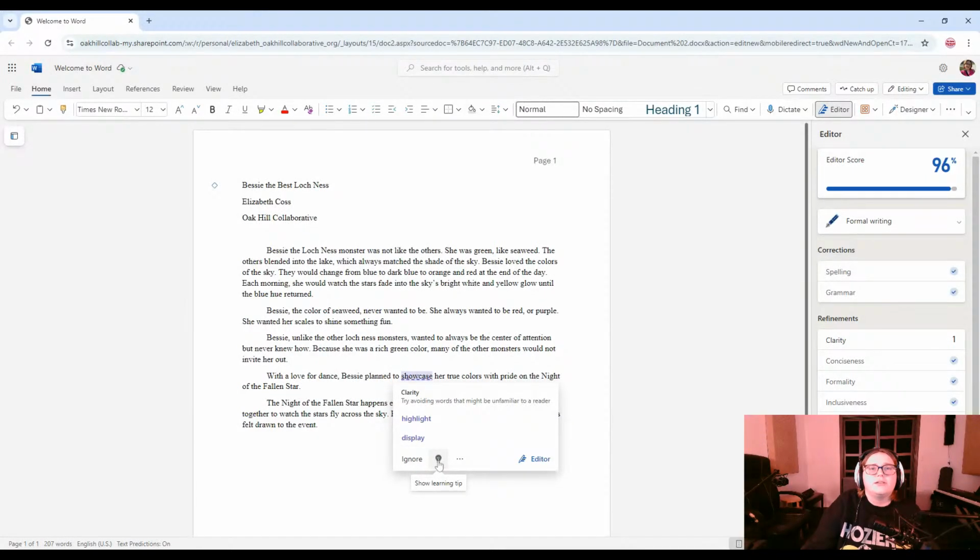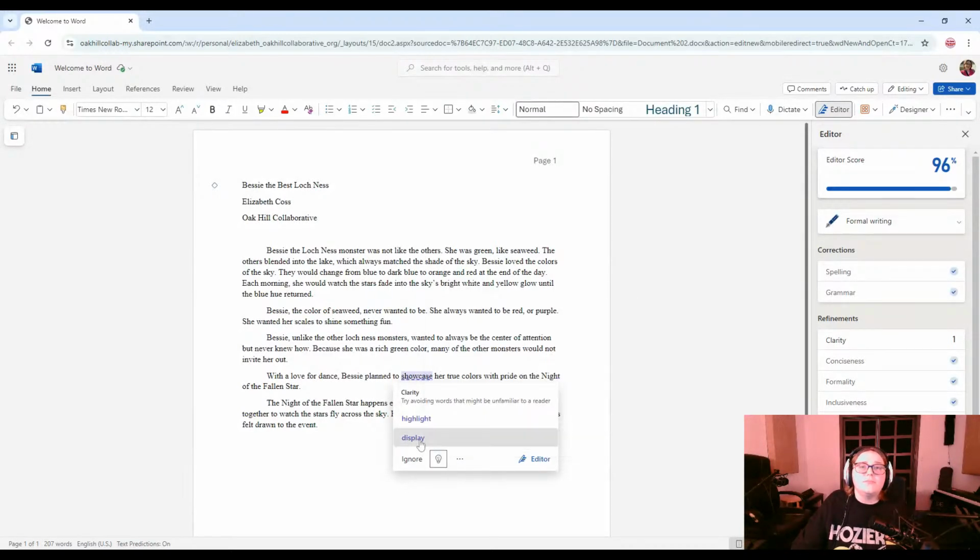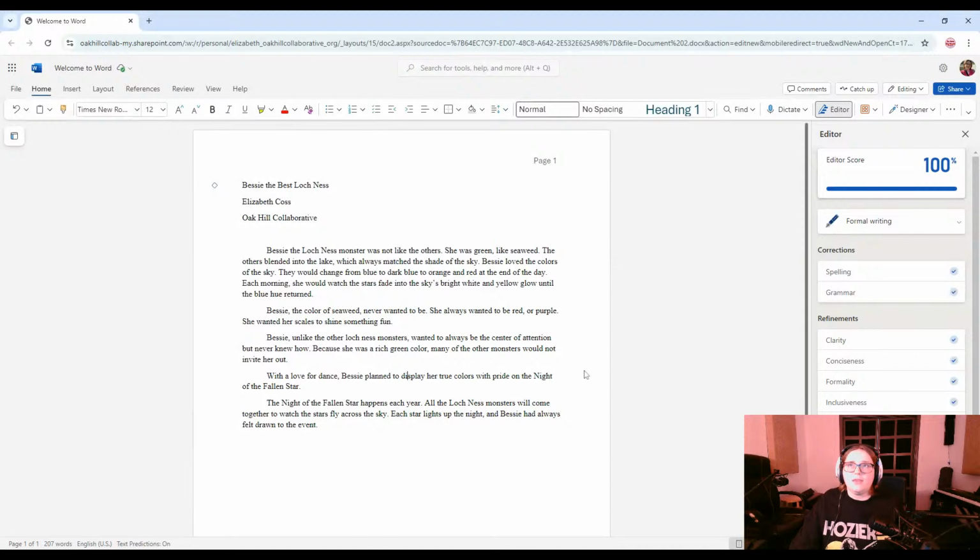And another really interesting thing that Microsoft Word does have is show learning tip. It's kind of going to give you an explanation of what jargon is. Sometimes I think I've even seen about idioms potentially in there, but it kind of tells you that you want to stay away from language that might be harder for certain audiences to understand. And it's trying to just be a little bit more acceptable, try to keep it a little bit more simplified. You want it to be well known across the gap. So I completely agree. So I'm going to go with display. And you'll notice that now we have an editor score